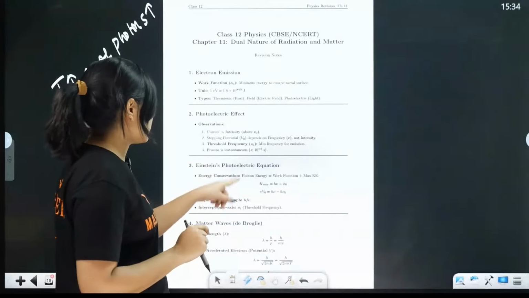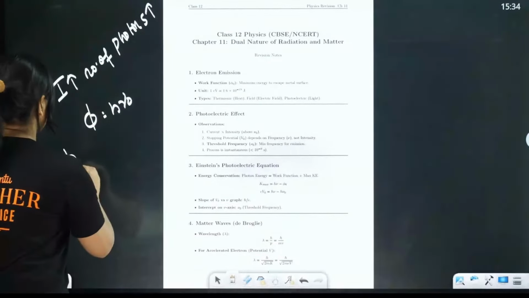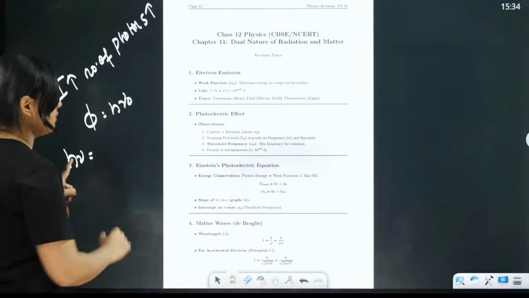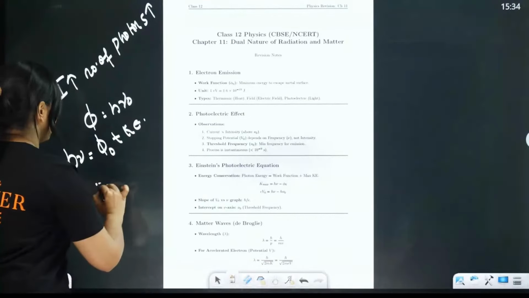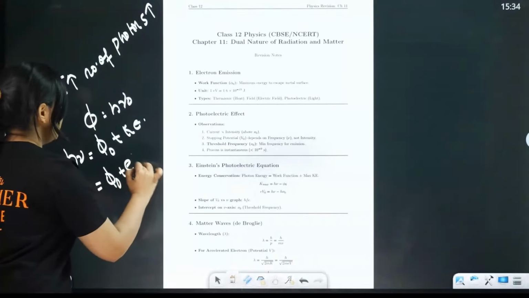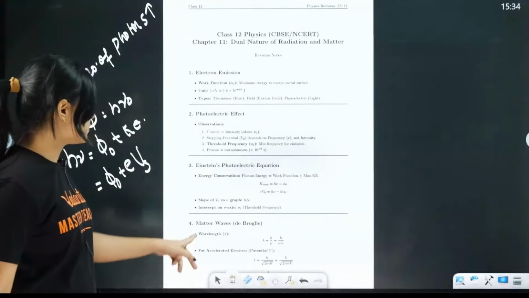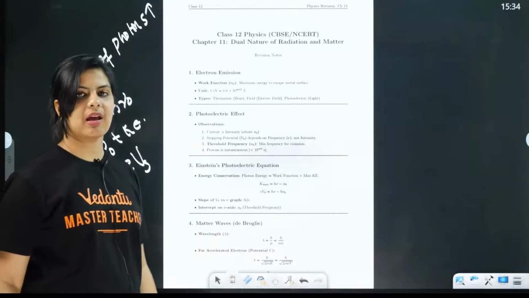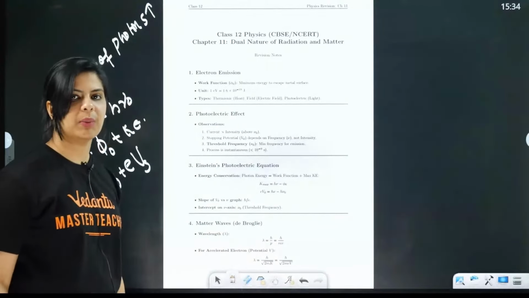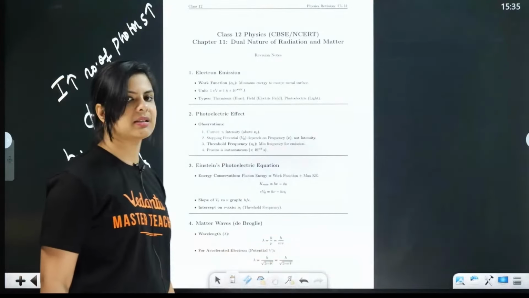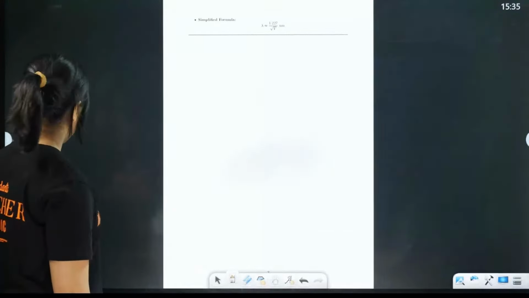Next is Einstein's photoelectric equation. h mu, the energy of the photon, is split into the work function plus the kinetic energy, and we can also say this is equal to eV s. Okay, next, matter waves have a wavelength, which is h by p. So h by p is h by mv, lambda is equal to h by root 2mK, and K you can replace as eV, charge into the potential difference.